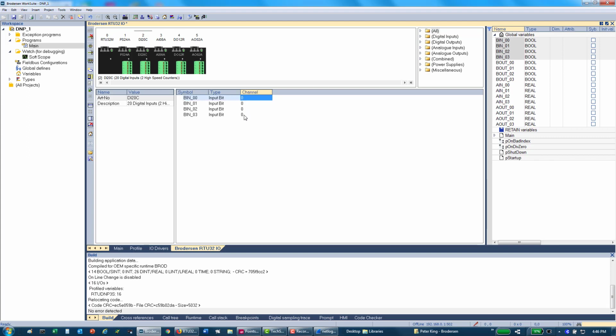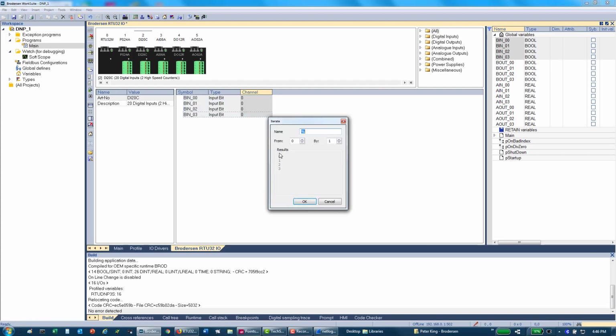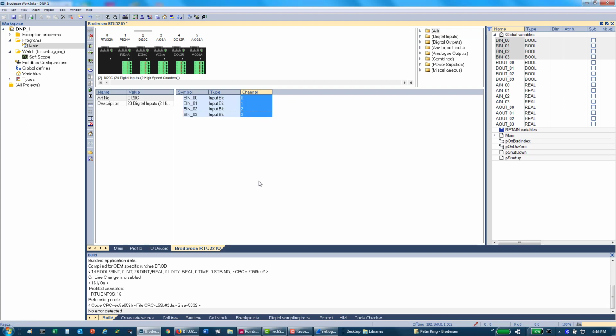I need to change their channel number. I can right click and iterate those from 0. So now, we already know this works as a DNP point, but now I've associated it to the first channel of this digital input module. And I'm going to do the same thing to the analog input over here. Drag those on, iterate those channels,